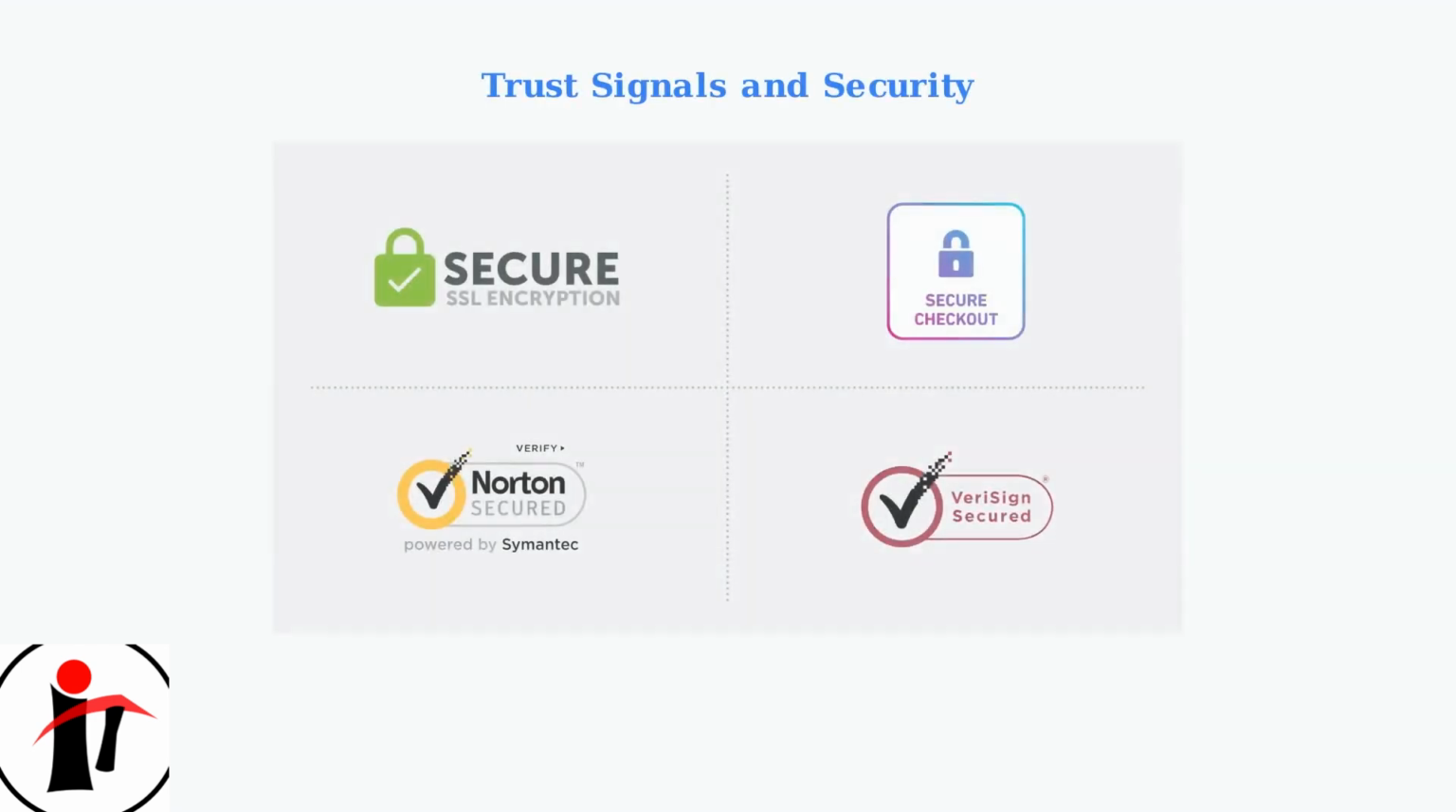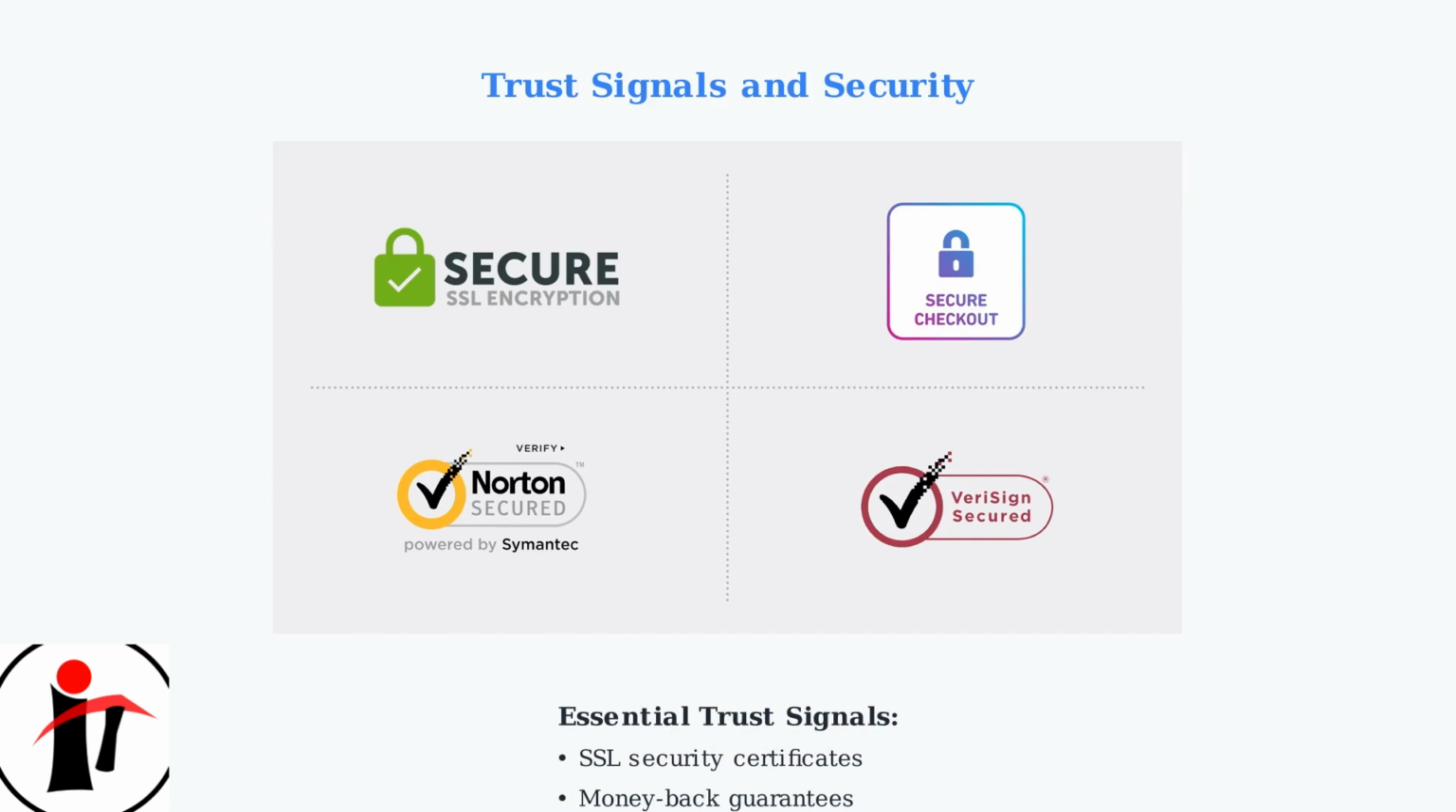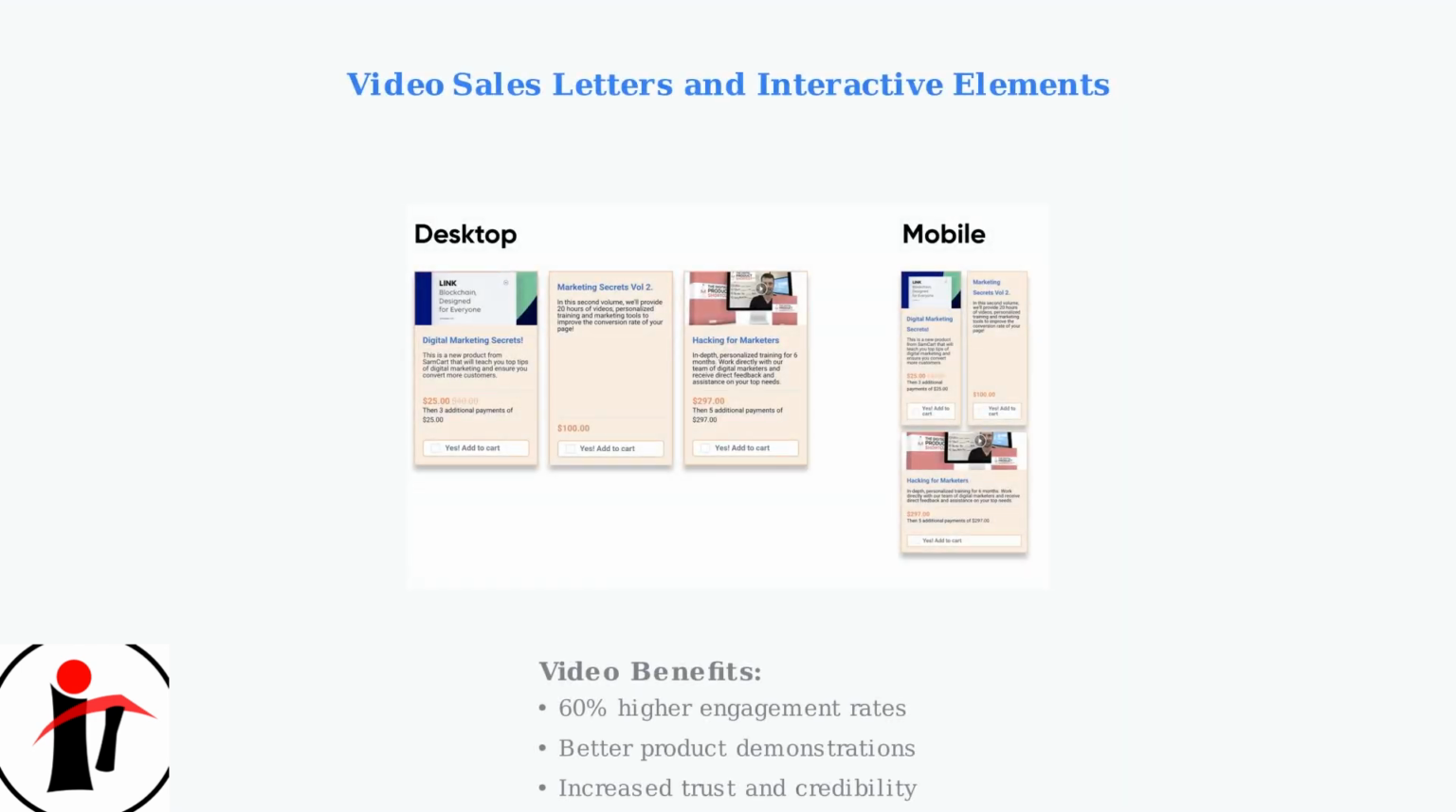Displaying security badges and guarantees builds customer trust and reduces purchase anxiety. SSL certificates, money-back guarantees, and recognized security seals can increase conversion rates by 25% or more. Video sales letters and interactive video elements can dramatically boost engagement and conversions. Video-enabled landing pages show 60% higher engagement rates compared to text-only pages, making them a powerful tool for explaining complex